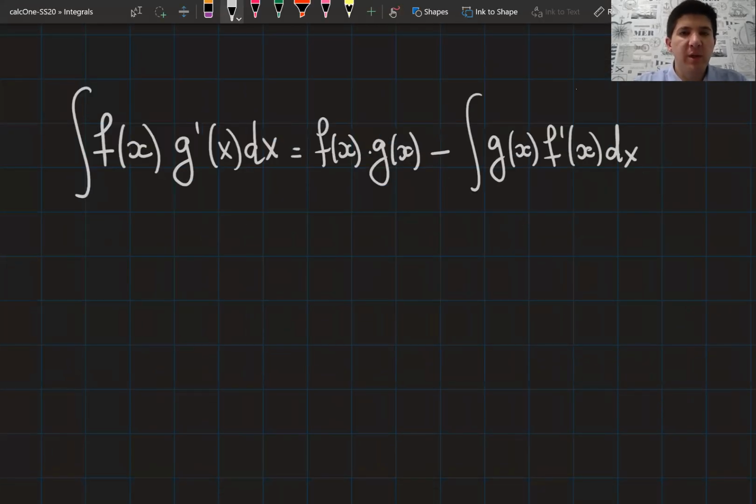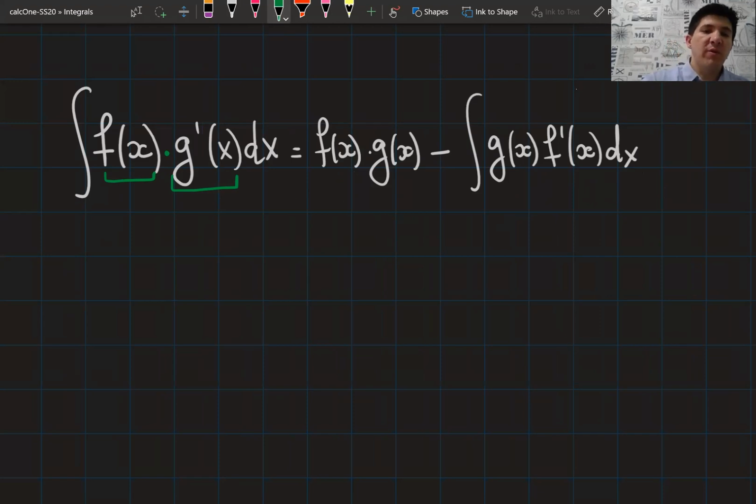Previously, we've learned about integration by parts, and we say that if we see the multiplication of the two functions inside the integration, we should try to use integration by parts. So the formula of integration by parts looks like this. If you have two functions, f of x and, let's say, g prime of x, the multiplication of the two functions, then you need to use this formula in order to get rid of one of the